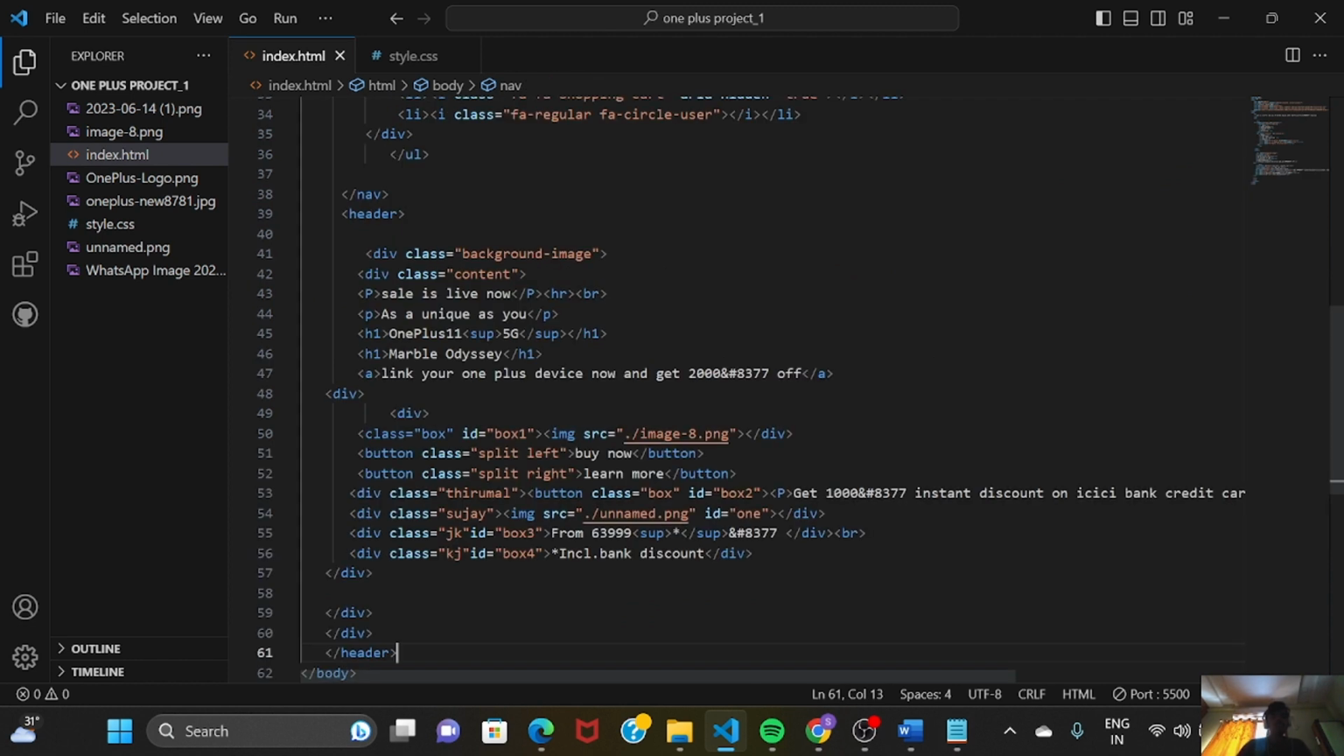And then in the header part, we've taken a background image. So in the background image we've taken it as a class. Here we have taken a content as a class, and in that we've taken a p as "sale is live now", and in that we've given an hr tag and a br tag. The hr tag includes a horizontal line, and the br tag breaks the line. And here are the few paragraphs inside that. Here the sup tag indicates